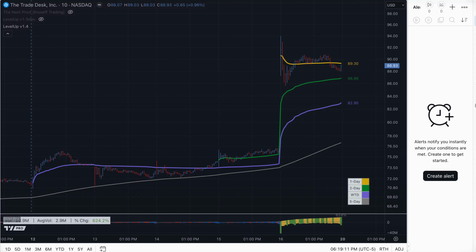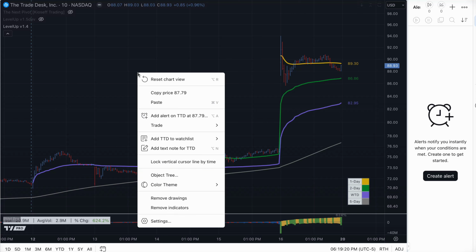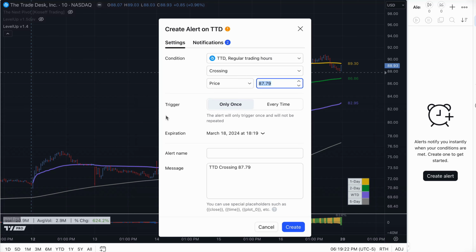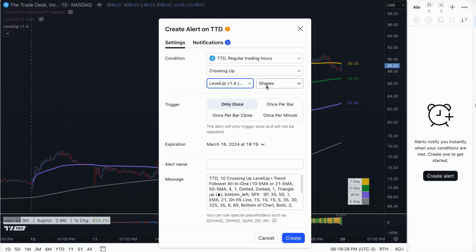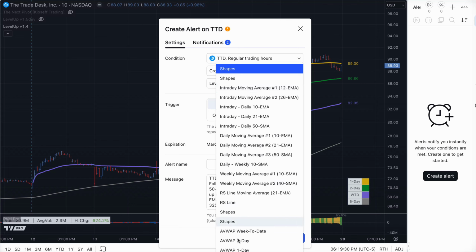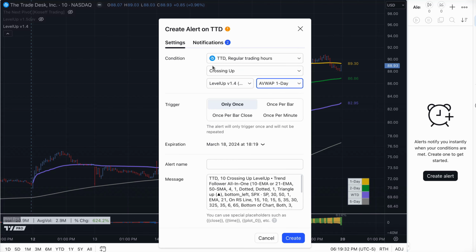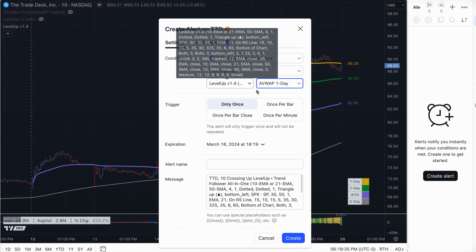Let's say we wanted to set up two different alerts. One, if the price goes up through the 1-day, and a second alert if it goes down through the 2-day. So I'm going to right click on the chart, choose add an alert. I'm going to say crossing up, go into this dialog here, choose the LevelUp indicator, and I want to select the 1-day. So what we have here is we're going to say if we're crossing up on this indicator